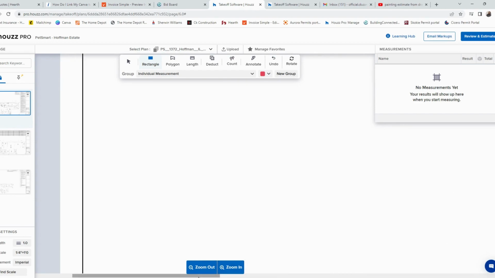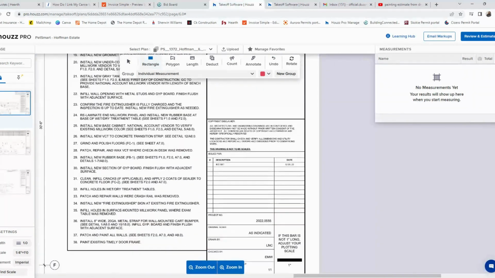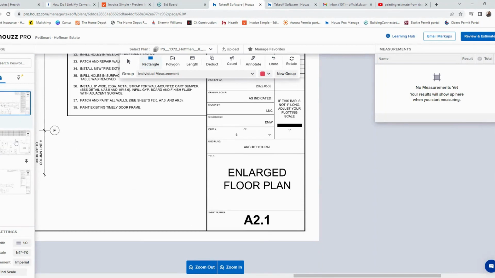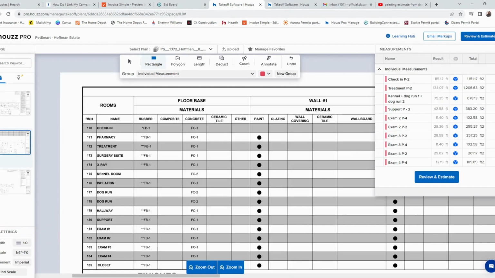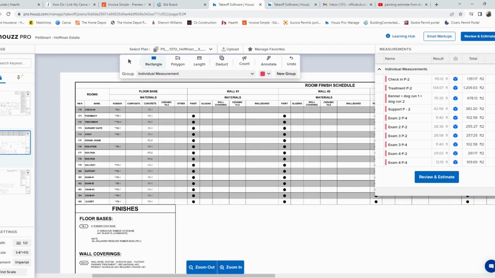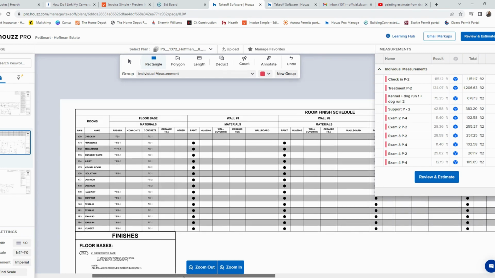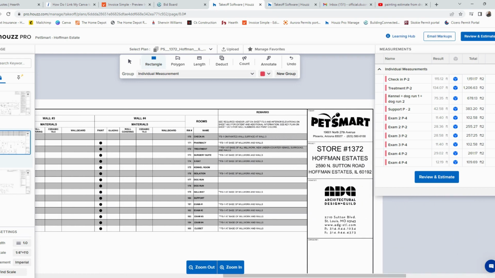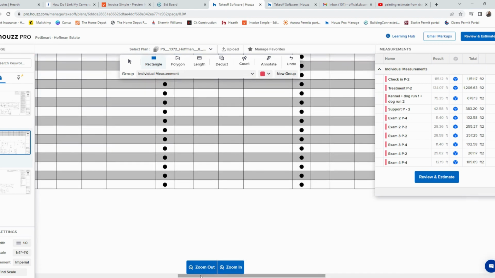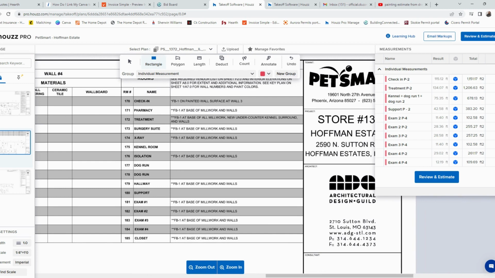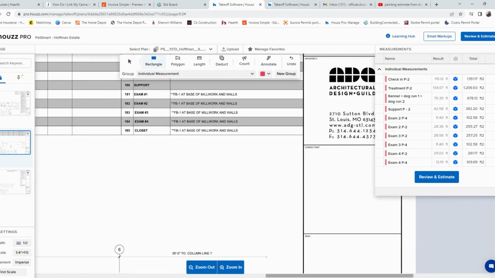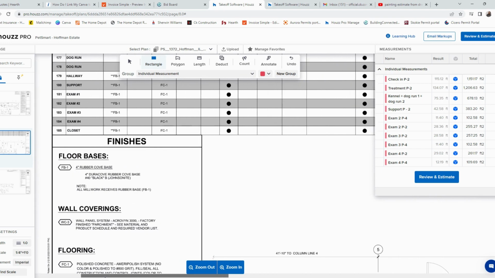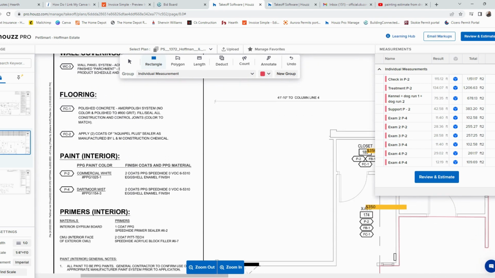So the first one here, we can zoom in and we can see the rooms that we want to be painted. And then on the left corner, we see the enlarged floor plan. Second page, it's going to take us to the floor, the walls, and what color we want. In addition, we also can start looking at the finishes for the rooms, the room schedule, and the remarks. If we start scrolling down, which we will at some point, you guys can see the room names, what colors it should be painted, and the surface on the wall. If we go to the left, we'll see the wall coverings, the flooring, the paint, and